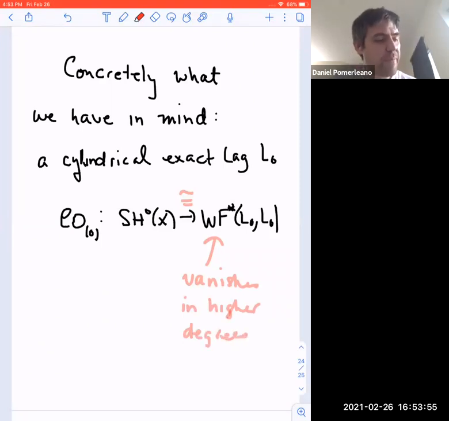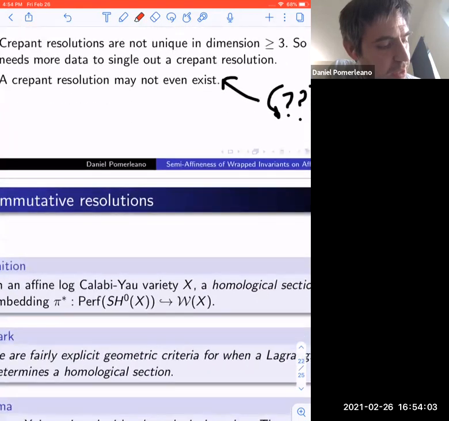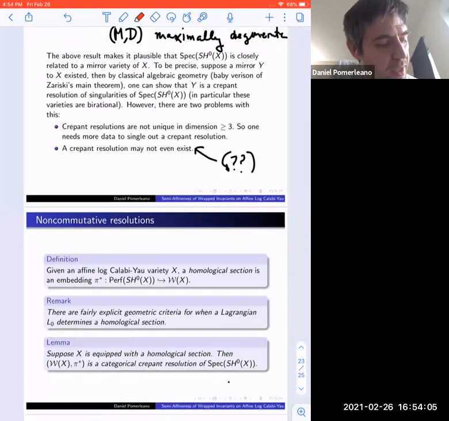So this is sort of how we expect to construct homological sections in practice, but for the definition, one doesn't have to assume that the object generating this embedding is a Lagrangian. And